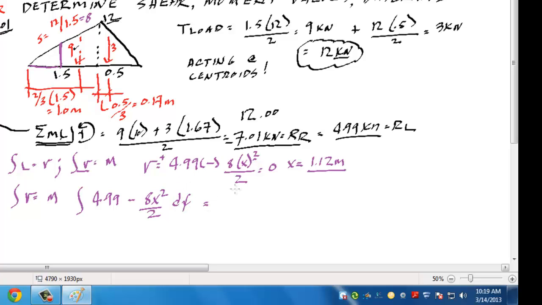It looks something like this: 4.99 times x minus 8x cubed over 6. We're going to integrate that from 0 to